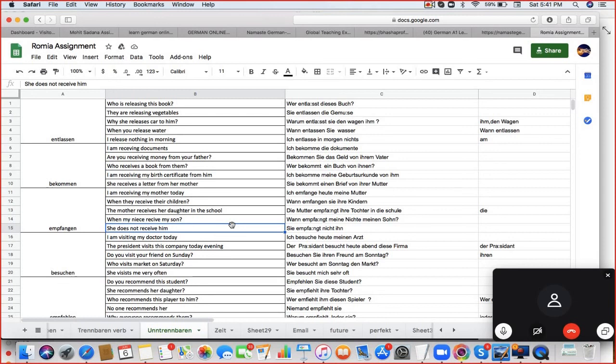In A1 obviously that much load will not be there, but I'm telling you about the B1 and B2 levels. B1 is the minimum if a person is looking for a job. If you want to work in a German-speaking company, you have to do all the vocabulary, words, grammar, and sentence practice. I'll tell you what to do, but ultimately it is you who has to do it. So you have to be prepared to study 2 or 2.5 hours.